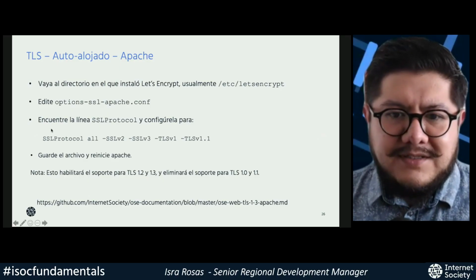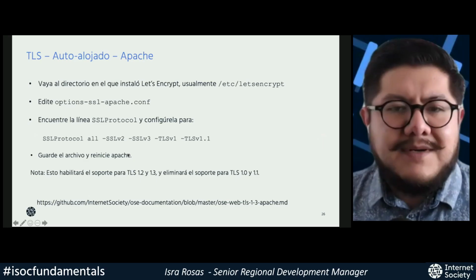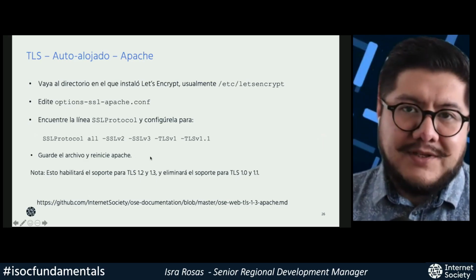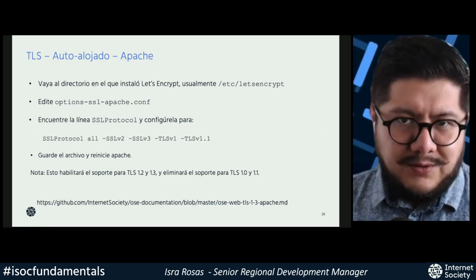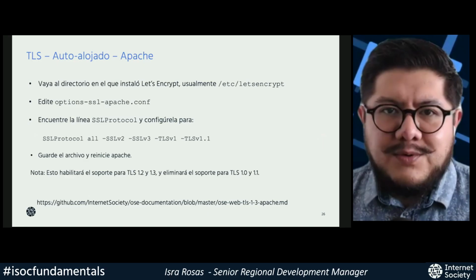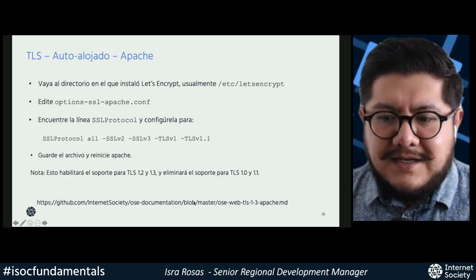Go to the directory where you install Let's Encrypt, then find this protocol line, and then configure it using these parameters that you find here. And then you save the file, you restart Apache, and then you will enable the support for TLS 1.2 and 1.3, and you remove the support for TLS 1.0 and 1.1, which are obsolete.